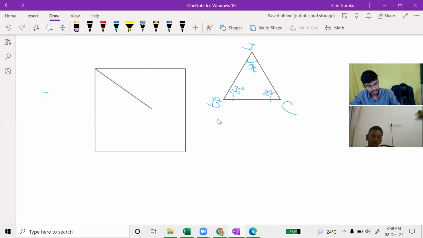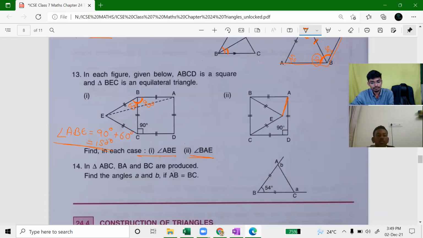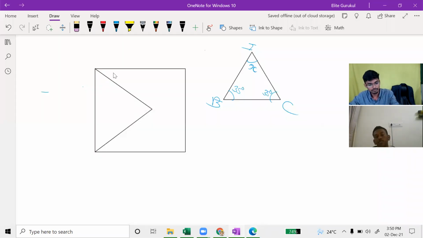The previous diagram and this diagram are the same. What they have done is they have folded this part from this line and made it inside. Any doubt till here? No, sir. Pakka? Pakka, sir. So what we have to find out is